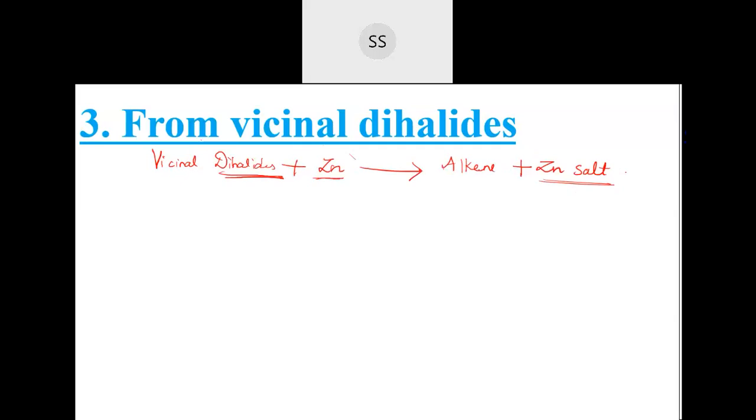to give you alkene. Now coming to what vicinal dihalides are. With the name you understand dihalides: dihalide means there are two halogen atoms. I'm taking them as X. Now vicinal means they are in the vicinity of each other, they are neighbors of each other. So if I have two carbon atoms attached to each other, one halogen is attached to one carbon, another halogen to the other carbon atom. The remaining valency you can satisfy by taking hydrogen.